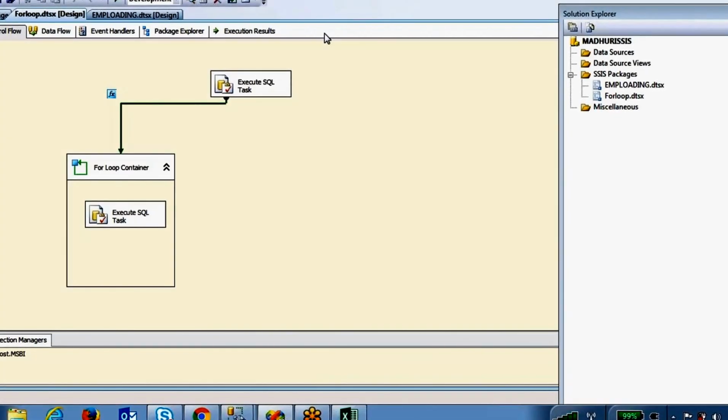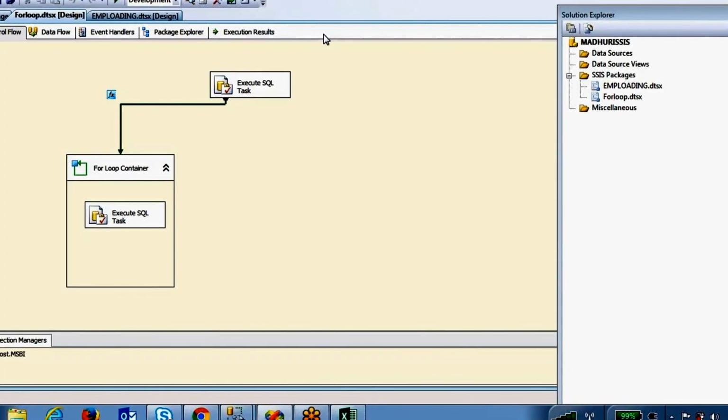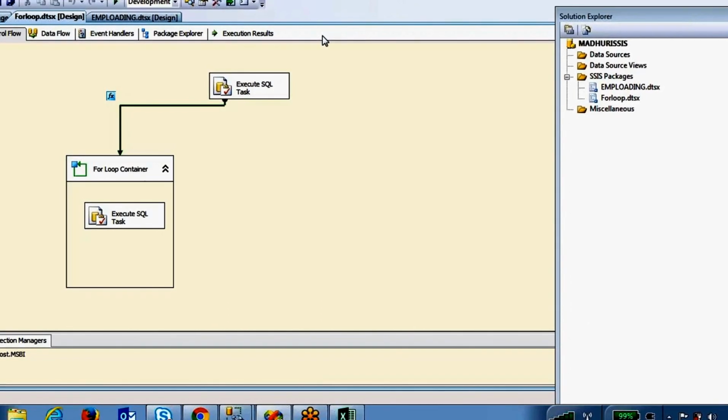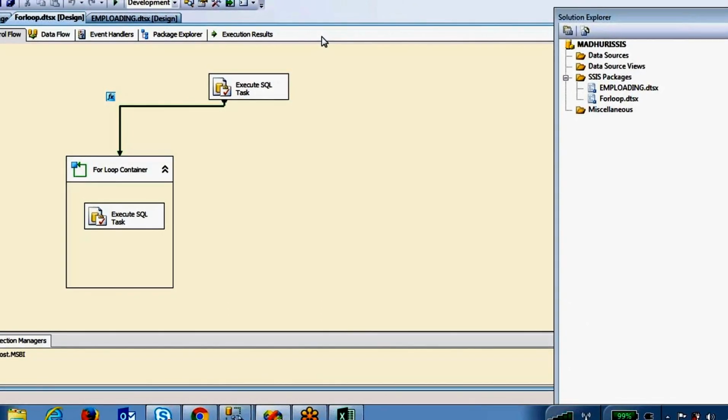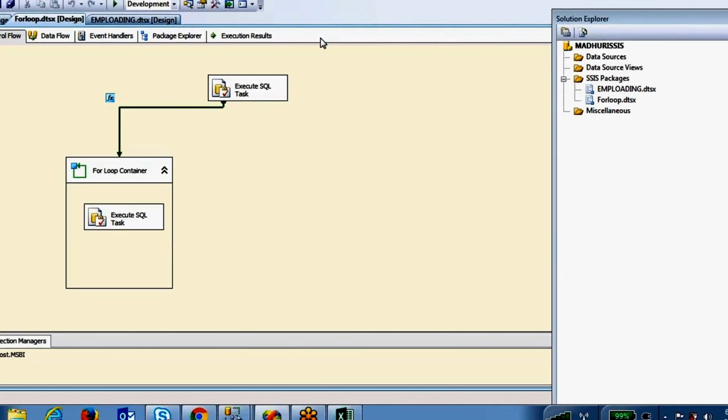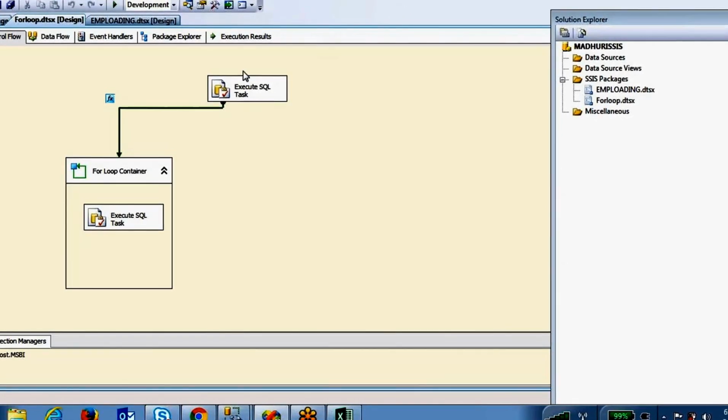So this is about the precedence constraints. Based on the expression and constant value, you can decide the workflow execution, that is, which task you are going to execute based on the result.